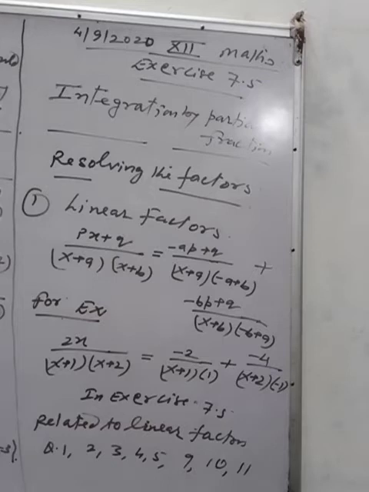plus you will write the second factor of the denominator, x plus b, and from this you will determine the value of x by putting 0, so x is equal to minus b, putting it in the numerator and in the remaining factor, remaining means the first factor. So when you put x is equal to minus b in the numerator, you get minus bp plus q, and in the first factor, when you put x is equal to minus b, you get minus b plus a. So in this way you can resolve the factors.